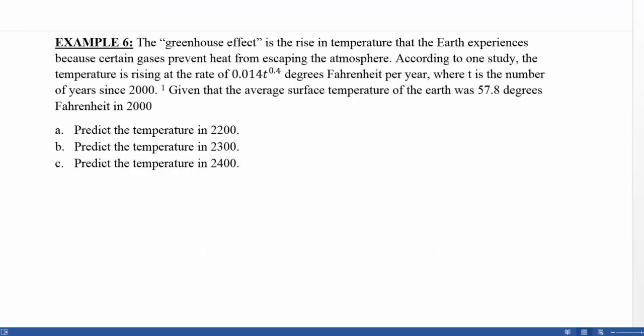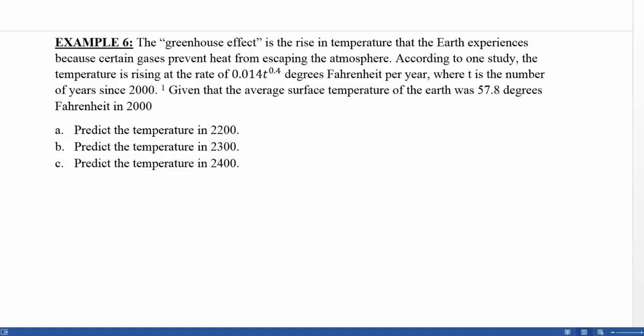real-life situations. Example 6. The greenhouse effect is the rise in temperature that the Earth experiences because certain gases prevent heat from escaping the atmosphere. According to one study, the temperature is rising at a rate of 0.014 t to the 0.4 degrees Fahrenheit per year, where t is the number of years since the year 2000. Given that the average surface temperature of the Earth was 57.8 degrees Fahrenheit in 2000, let's use that to predict the average temperature in